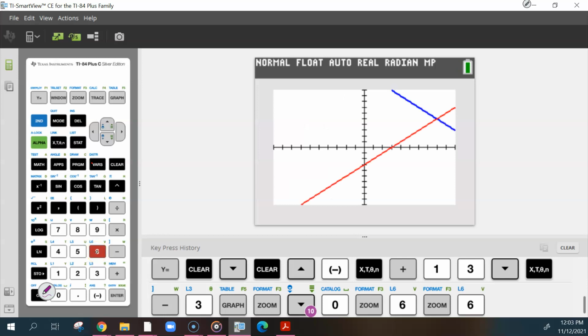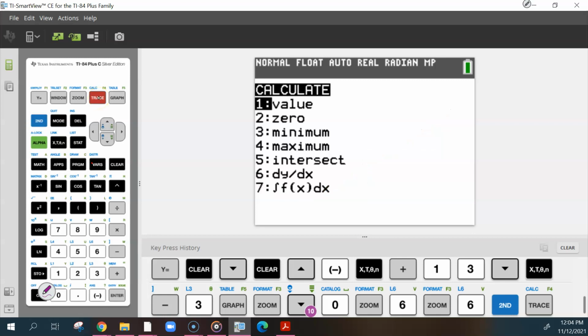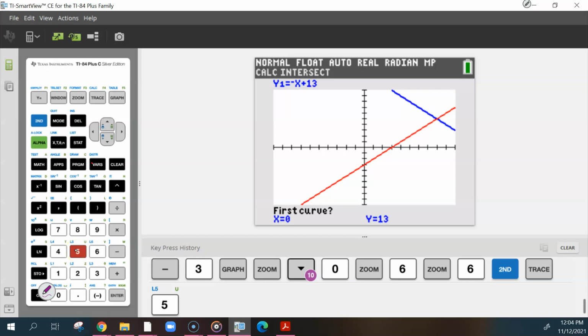And here I could count it. But maybe my eyes are off, so double check, make sure this is exactly the point I think it is. Then you could use your calculator: second trace, intersect. Right now it says first curve. I see mine is blue, but I don't see my cursor. You don't really need to see it, but if you wanted to, you would just move your arrow until